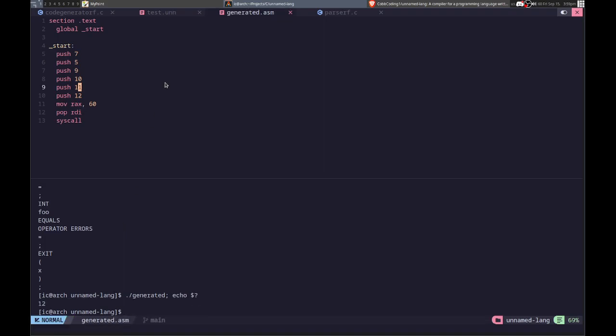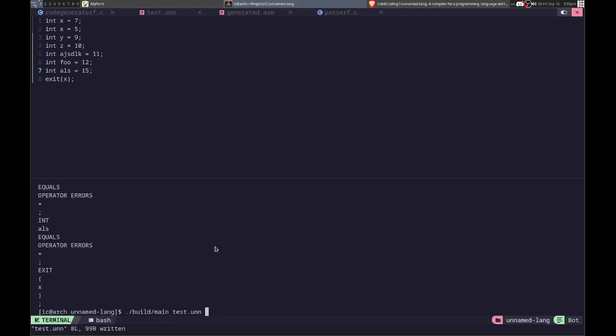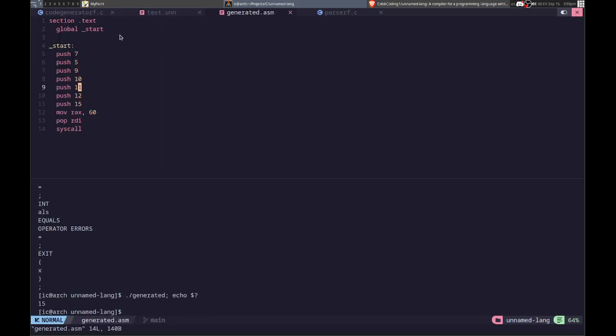And then the most recent one that we set is what gets set out. So alls equals 15, and then 15 will be exit coded. Because basically we're just pushing it to the top each time. But, so basically,